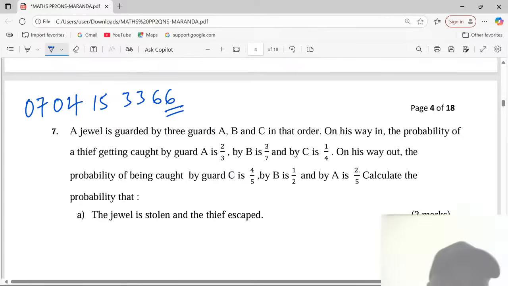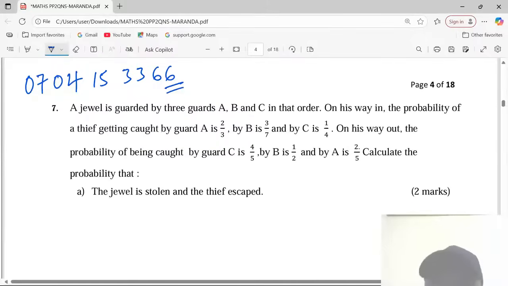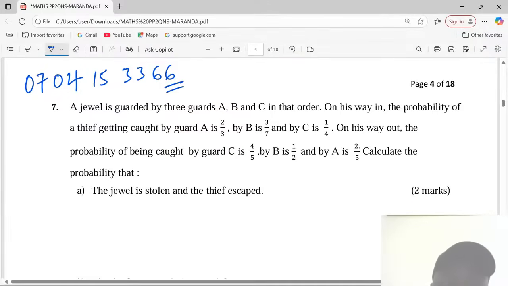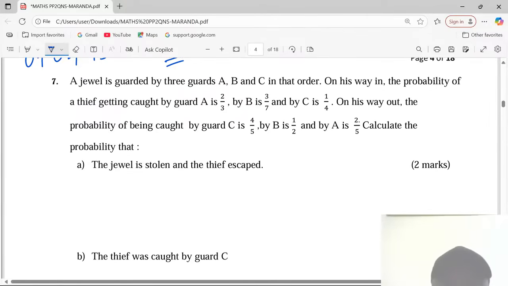Already at number 7. A jewel is guarded by 3 guards, A, B, C, in that order. On its way in, the probability of a thief getting caught by guard A is 2/3, B, 3/7, C, a quarter. On its way out, the probability of being caught by guard C is 4/7, by B, half, and by A, 2/5. Calculate the probability that